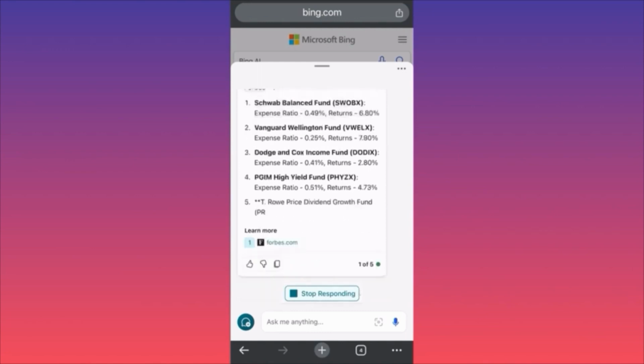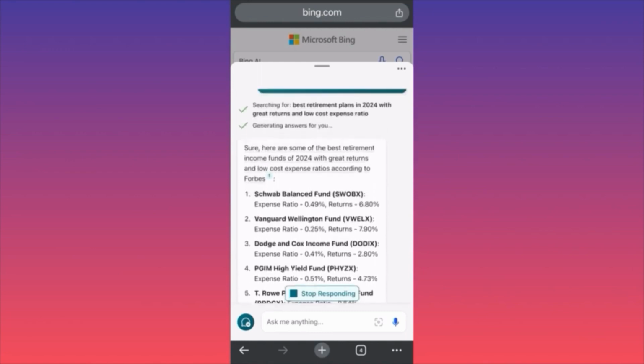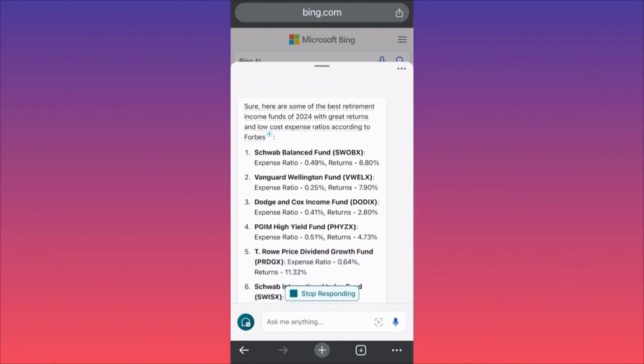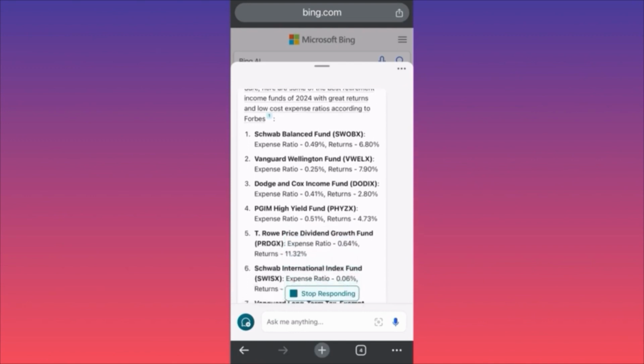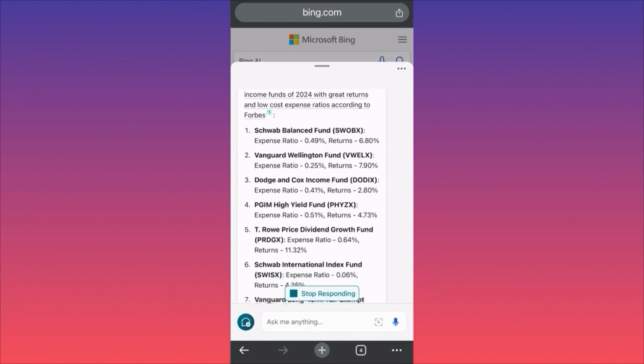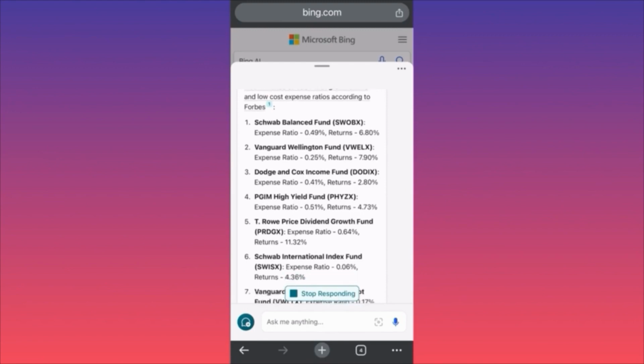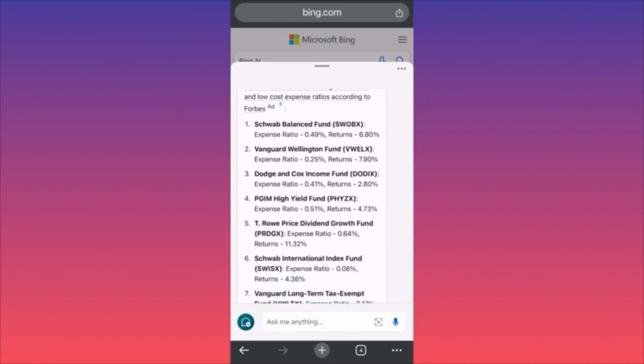Here's the list of the best retirement income funds in 2024 with great returns and low cost expense ratios according to Forbes. Okay, so you see what it did? It went out there, found the most reliable or one of the most reliable sources, and spit the information from it. So we have a Schwab Balanced Fund, return is 6.8%, expense ratio is 0.4,